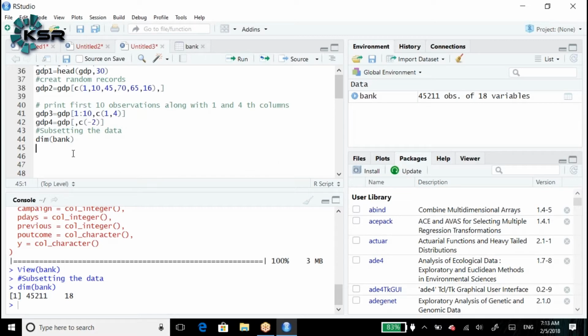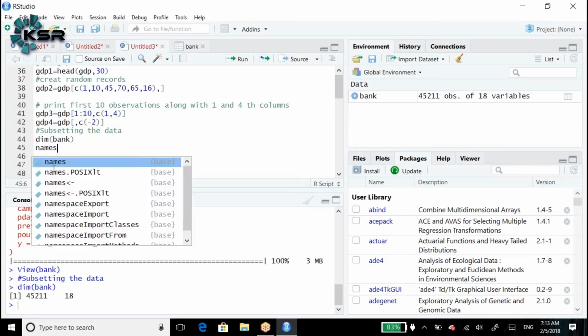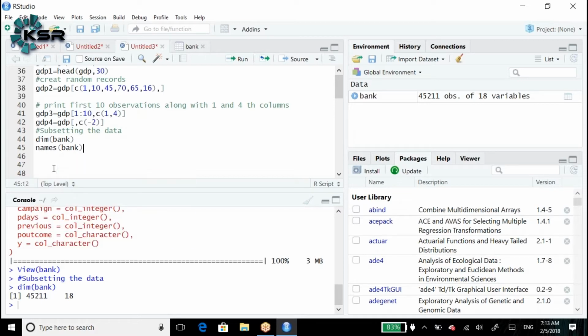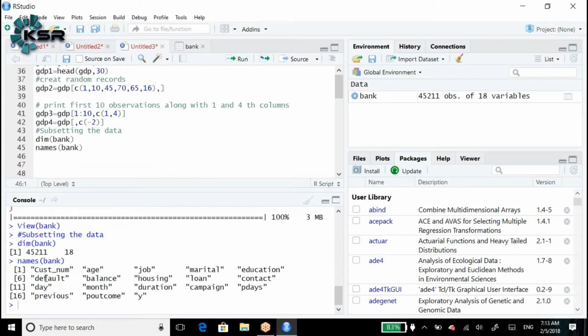Names of bank data tells us the first one is the customer number, age, job, marital status. Marital is nothing but single, married, divorced. Education, as well as default, balance, housing, loan, contact, day. Like that, we have the 18 variables.